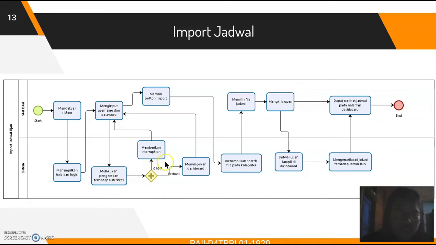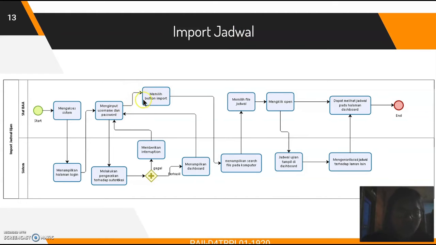When the authentication fails, the system gives an interruption, so Staf BAA can input the username and password again. But when the authentication is successful, the system displays the dashboard, and then to import the jadwal, Staf BAA